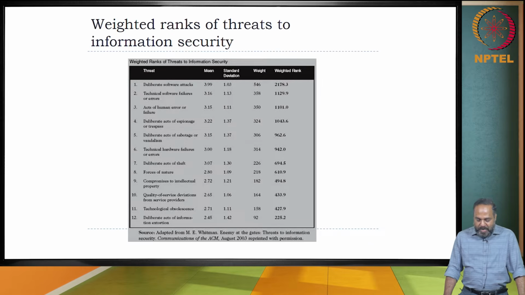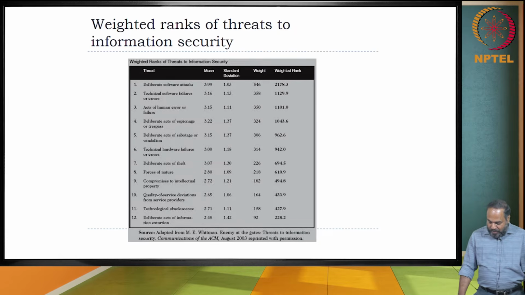And there is of course a standard deviation which is calculated there, but to assess the weighted rank of a threat, they multiply the mean with the weight. Okay. The mean with the weight. We do not know how these weights are assigned, but the mean value calculation is from data. Okay. So essentially this particular table tells us that in cyber intelligence for threat, or in threat intelligence, you